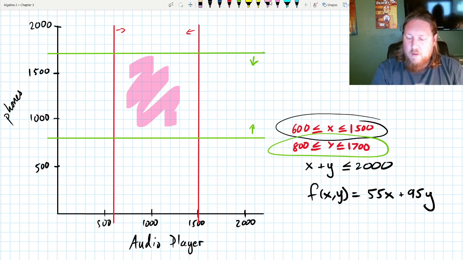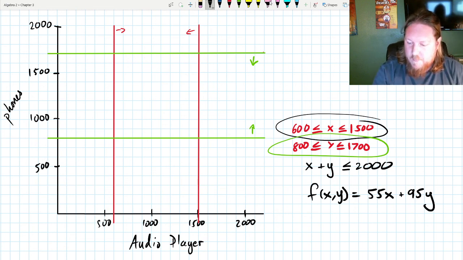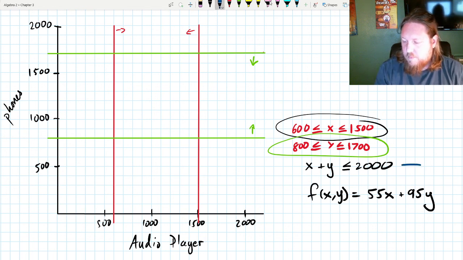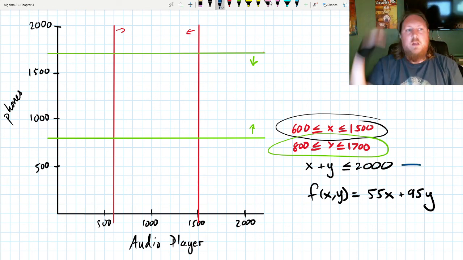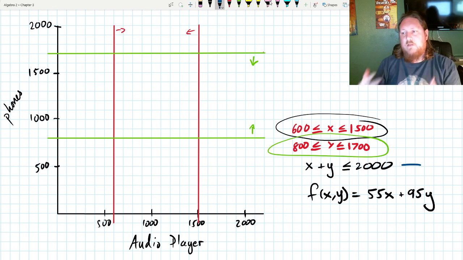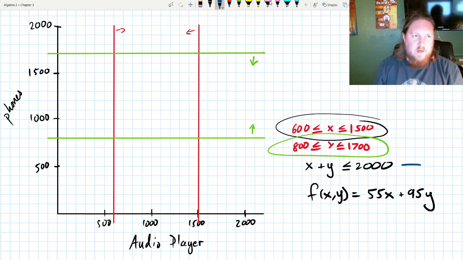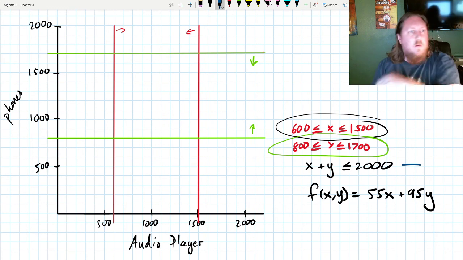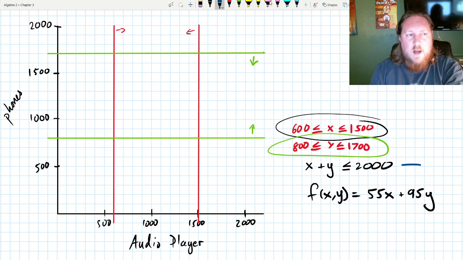But we have one more equation we have to do. And this one's kind of important. I'll graph this one in blue. It is relating how many things you're going to build during a day. So the maximum is 2,000. Well, forgive me. There must be a cat outside. The function, because it's just x plus y,